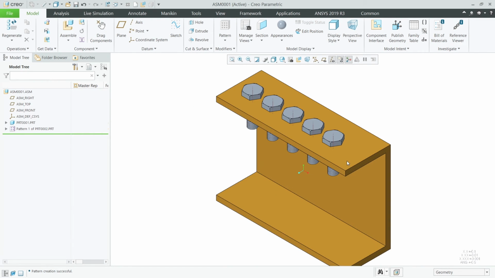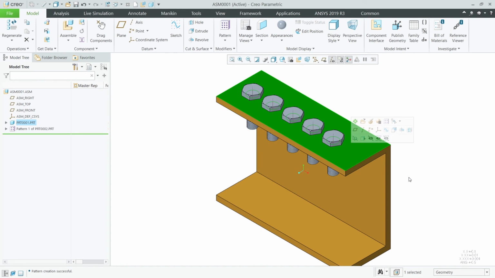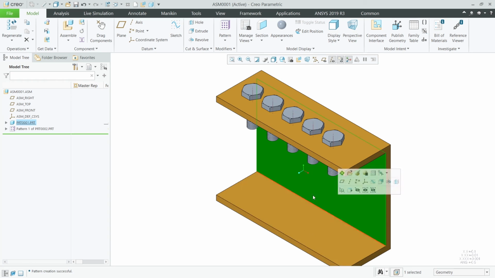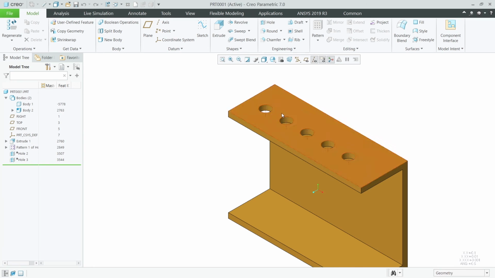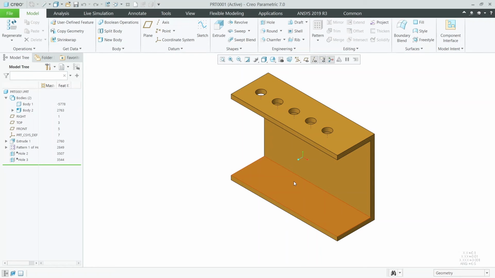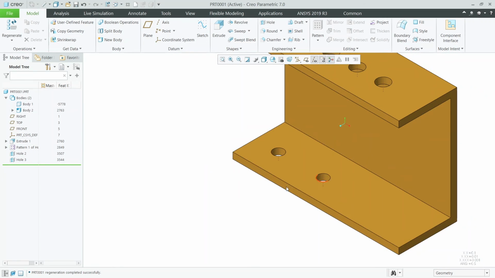A quick disclaimer here is that the automatic recognition of holes will only occur if there is a pattern which is already there in the parent part, which is the solid C channel object here. Since there was a pattern already existing in the object, Creo was able to recognize it. If there was no pattern or any reference to choose from, Creo will not automatically recognize. So I will show you that. I am going to unsuppress 2 of the holes here which have been created independently without a pattern.